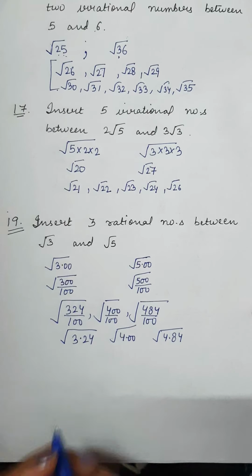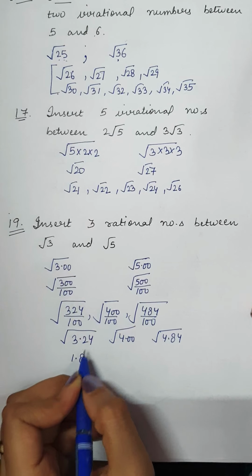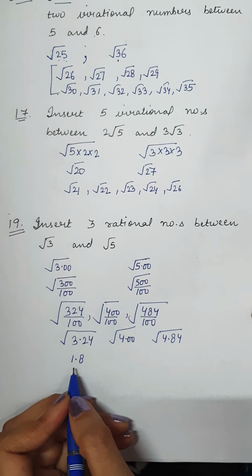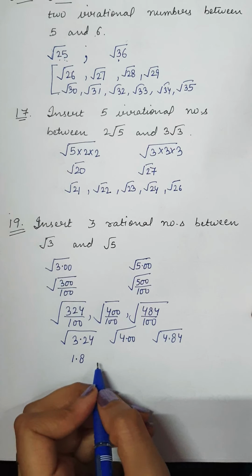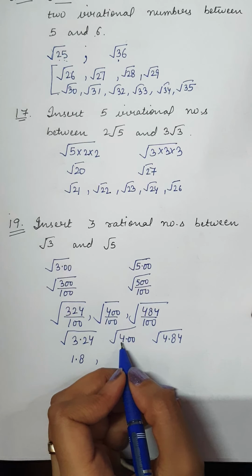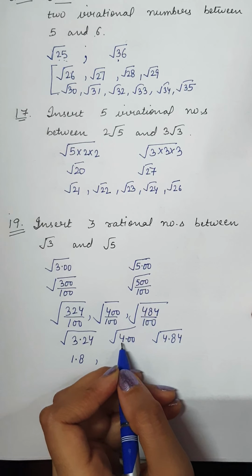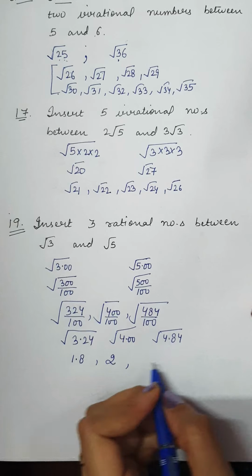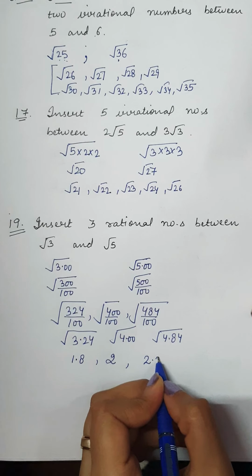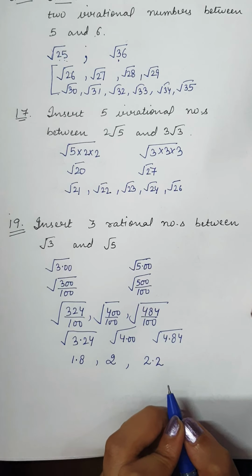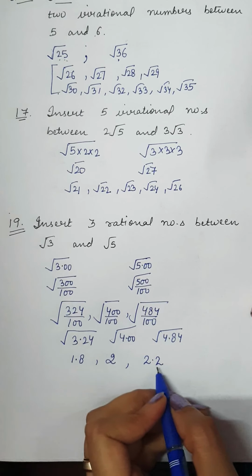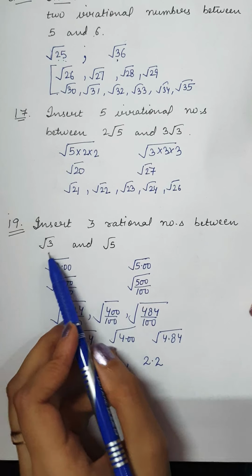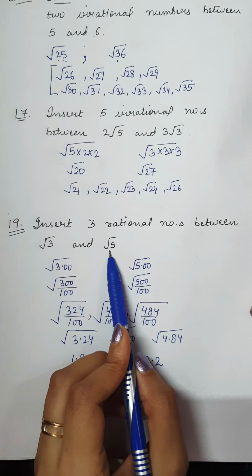Now if you want to find the square root, since we have taken it that way, this will directly become 1.8 because this was the square of 18. So with the decimal it will become 1.8. It is a rational number. Under root 4.00 will be same as under root 4, which is 2, and 4.84 I have taken as square of 22, so now it is 2.2. So all these are rational numbers between 2 irrational numbers. Understood?